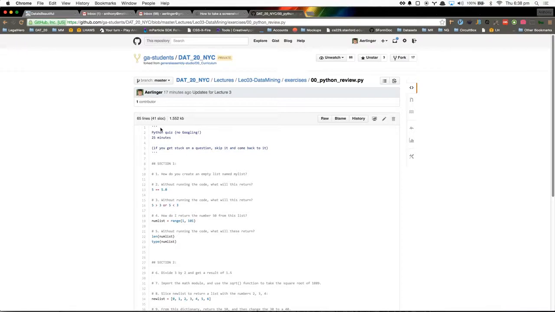If we have a list of items like so, again, lists can hold items of multiple types, so it can hold strings and numbers and so on. We can iterate through items on a list using a for loop.